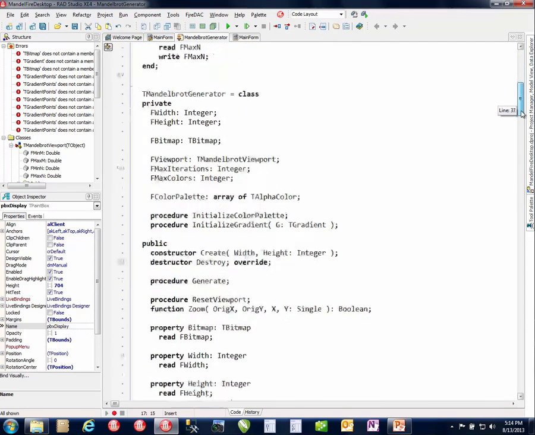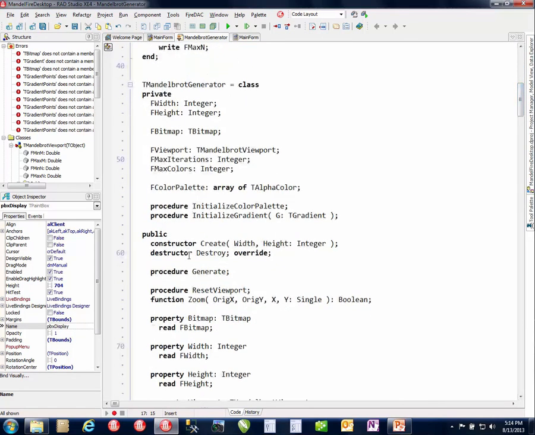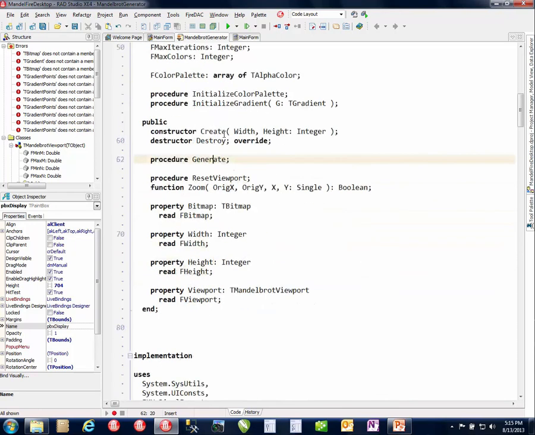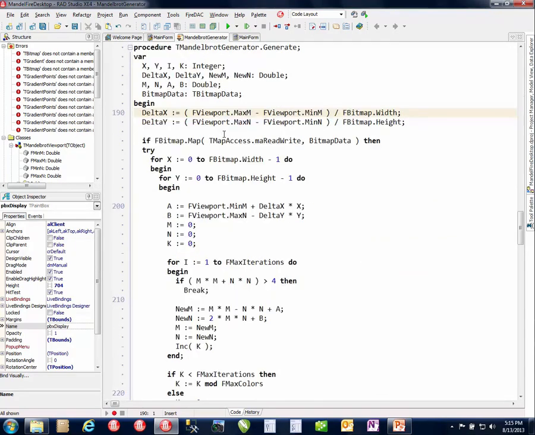The generator class itself does a couple key things. When we generate, it manages a bitmap that stores the current image of the Mandelbrot. Likewise, it has all the other characteristics, like the max iterations and the coloring and so forth. And then the real work is all done in the generate function. If we look at the generate, what it does is the math. And I'm not going to go through all the steps in here except for just a couple important pieces